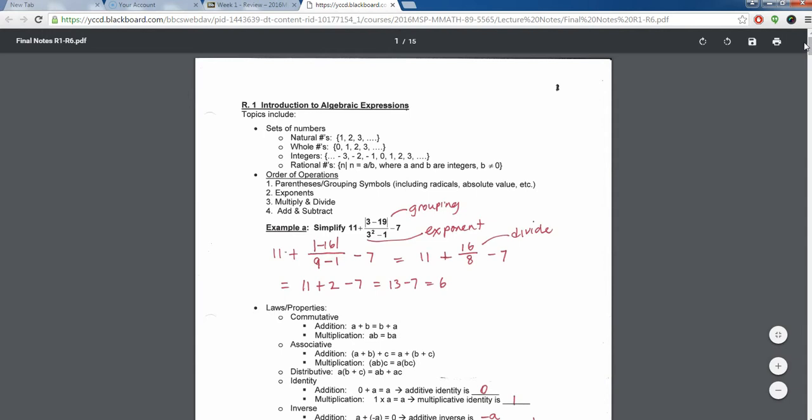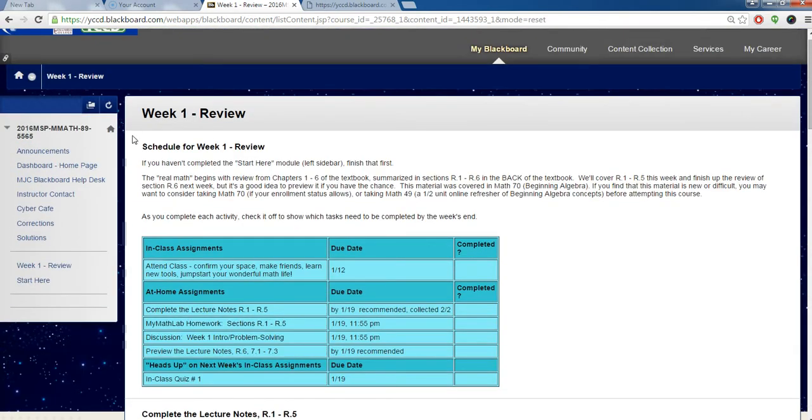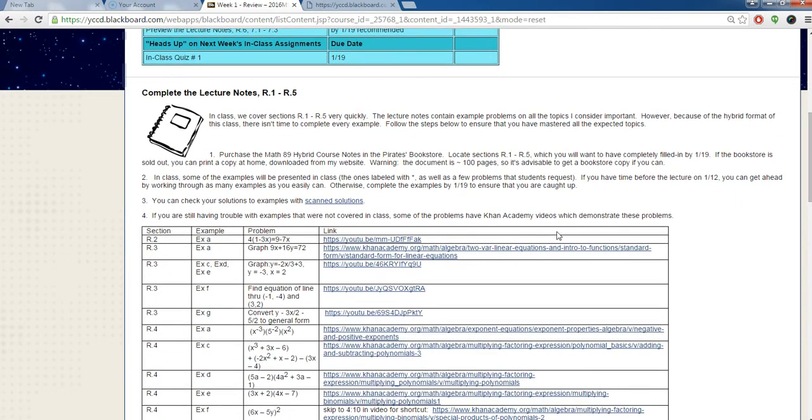So what we see is, if we go back to the module, this set of instructions here includes different sections, which are called modules here. Under the scan solutions, there are also lists of videos, and not every single problem has a video, but many of them do. Some of them are videos from other sources, such as Khan Academy. So if you take a look here,